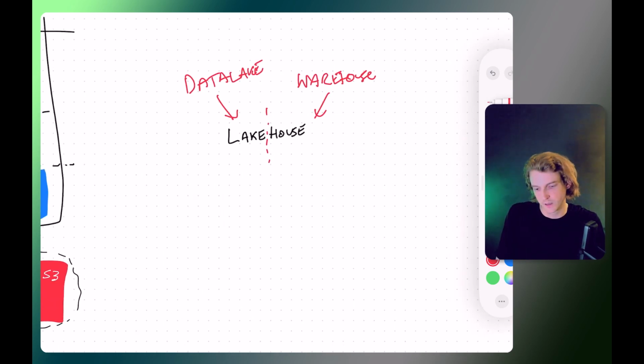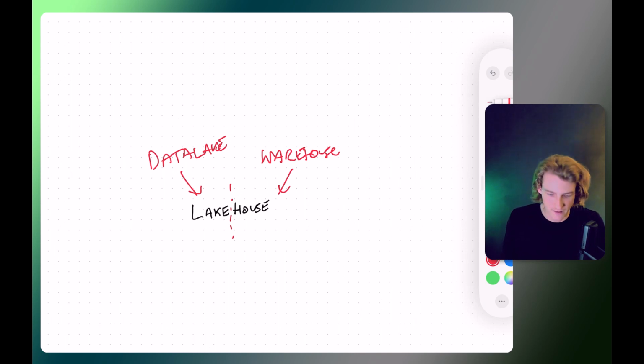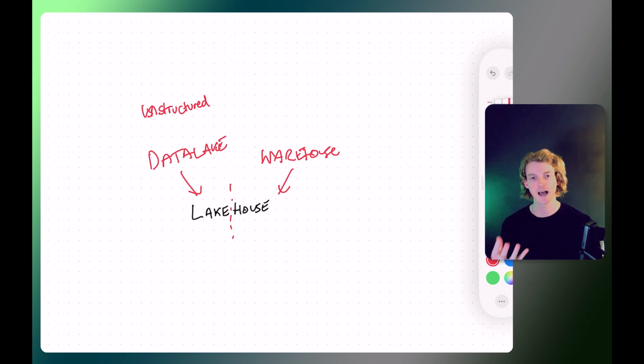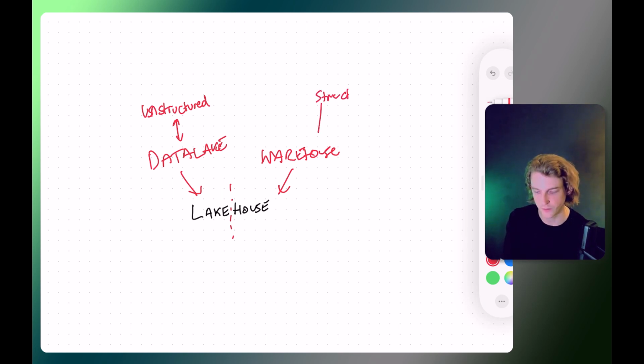Right. So a data lake is where we have unstructured data. If you've used ADLS, Azure Data Lake, then it's unstructured data. We don't really have concepts of tables apart from delta tables, which I'll talk about in a minute. And the warehouse is more structured. So the Lakehouse is kind of like the best of both worlds, or at least it gives us the option